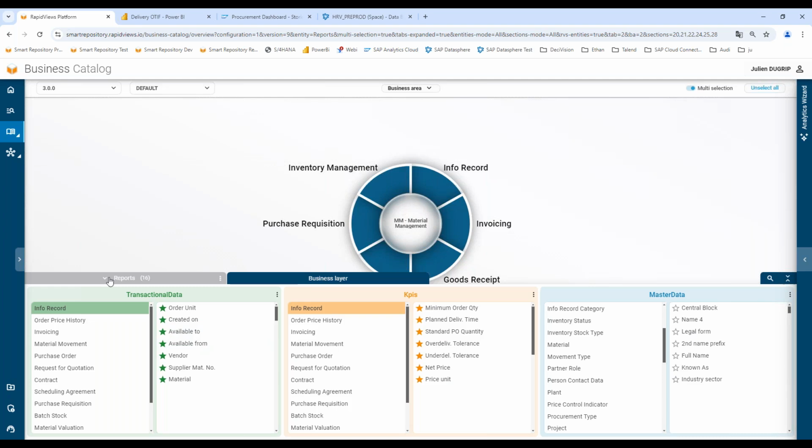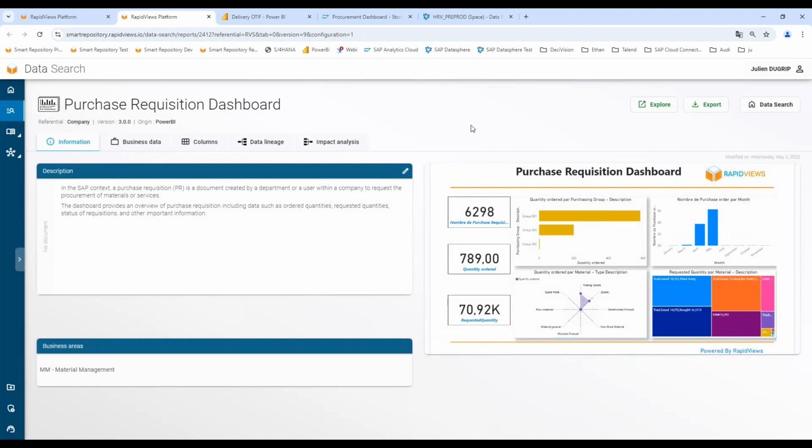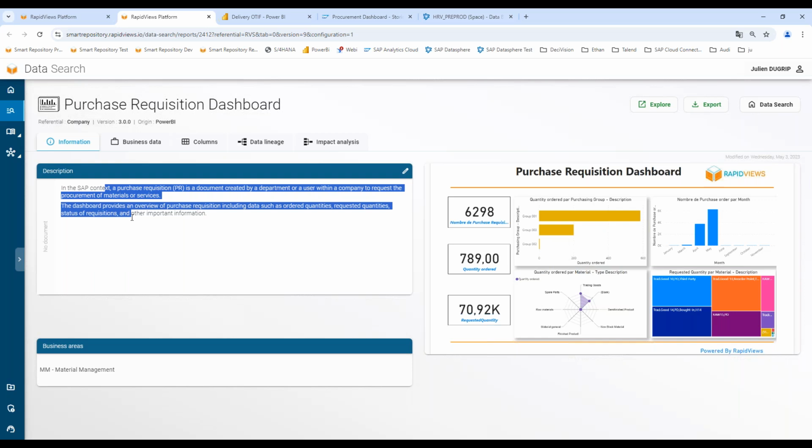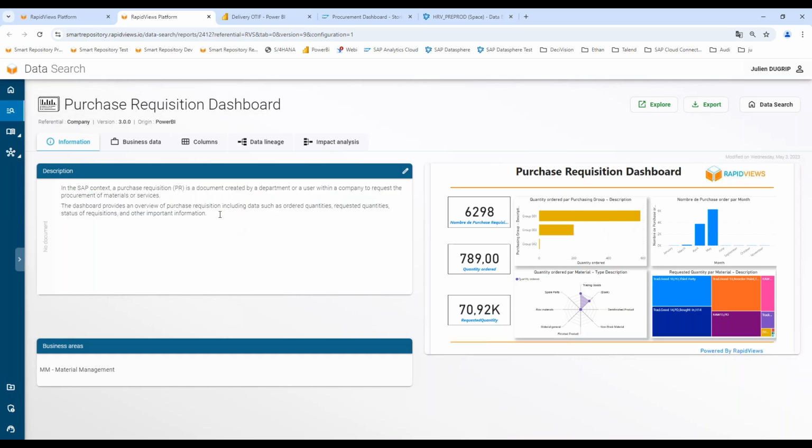If I decide to open a report, I can click on a report and open it in the repository. What do we show in the report? We are talking about metadata, right? Yes. If I open a report, I can see the label of the report, the description of the report, and a preview of the report, just a picture. I cannot really see the data because the repository stores only metadata.